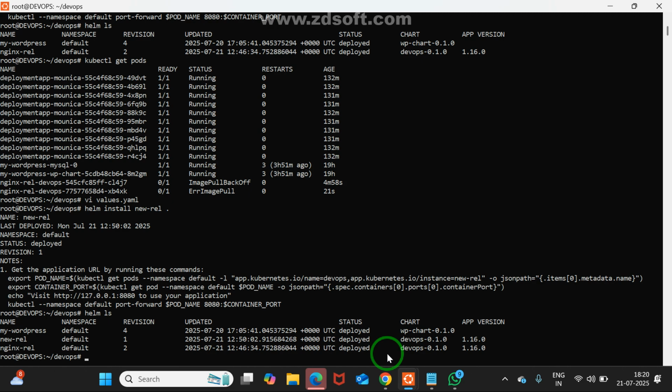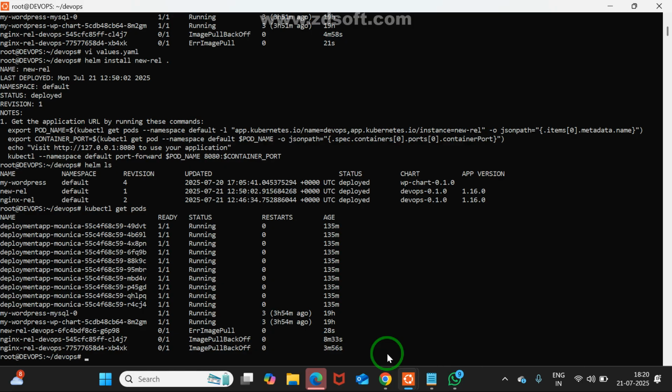Now what to do quickly? kubectl, yes, get pods, ma. Get pods, new rel. I think again image pull problem. Hello, all of you. Yes, yes. Image pull problem. Now for that, the remedy,